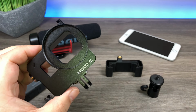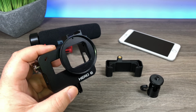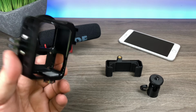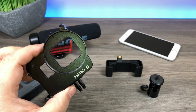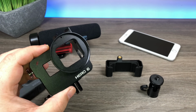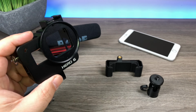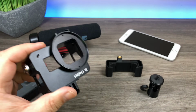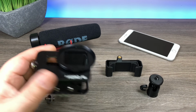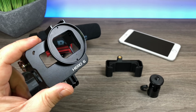This is an aluminum frame and you can get them fairly inexpensively on Amazon. And they offer a couple different features. They have some setbacks as well. First of all, they're a little bit heavier than the stock frame that comes with the GoPro. Not by much, but a little bit. But what it does is it, first of all, gives you good protection. It's aluminum, and if your GoPro takes a spill on concrete or asphalt, it's going to give it a lot